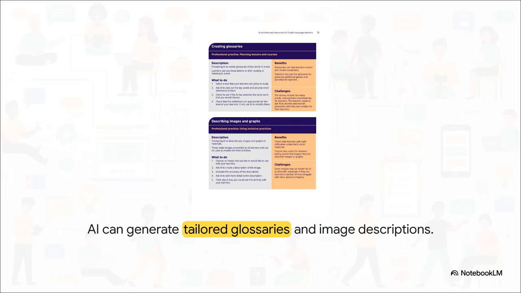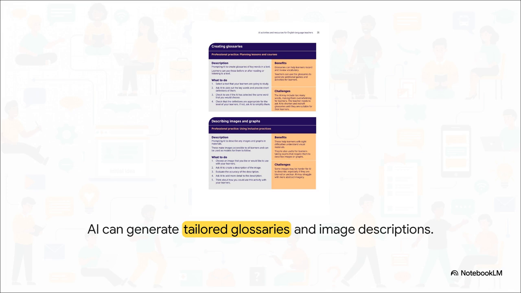AI is also fantastic for extracting key vocabulary to build out custom glossaries, or even describing images to assist learners with visual accessibility needs. If you have a reading text, you can literally just paste it in and ask the AI to pull out the 10 most difficult words and define them at an A2 level. Plus, if you're using images in your materials, AI can whip up detailed text descriptions of those visuals. This is such a brilliant way to support inclusive practices for students with sight difficulties, making sure everyone can participate